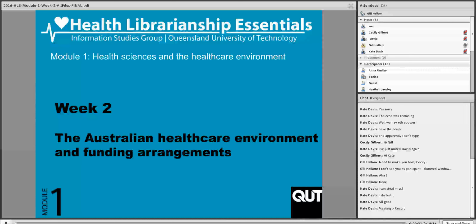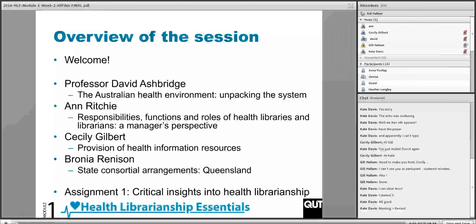And Richie will follow, and she'll come down a notch, if you like, and look at the role of health libraries and health librarians from a health library manager's perspective. So in a way, she's the link between some of the policy, the organisational activities that will happen in a healthcare organisation, and then down to the library staff who are doing front of house activities with the